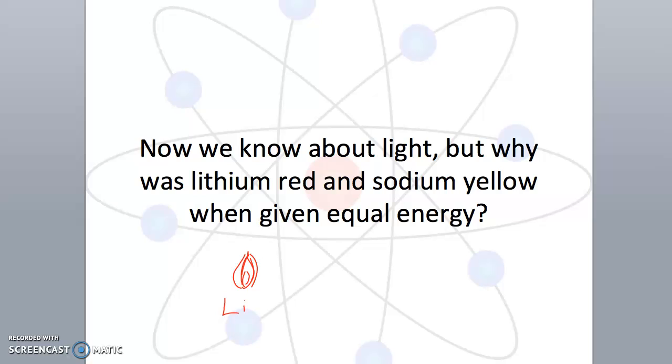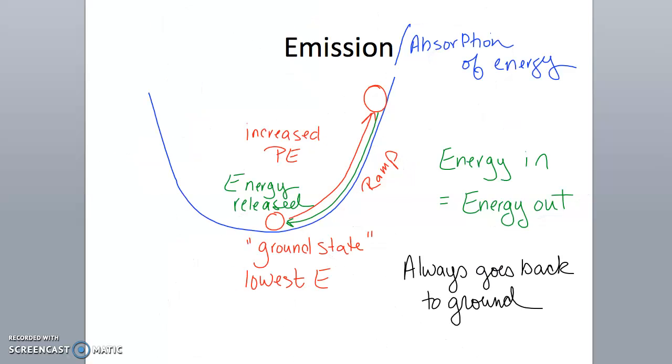So what we ultimately want to do is figure out what explains why some of these cations are red when they're burned and some of them are yellow. The energy, we know, can vary with wavelength, but we were just using a propane torch, same setting, and we saw greatly different colors amongst lithium and sodium, for example. And we can start to explain this by thinking about